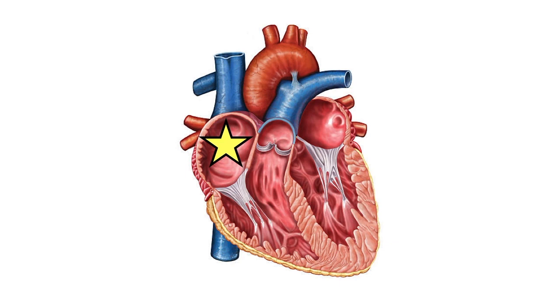It's located on the right side of the heart and it's in the upper region. We know that the atria are on top and the ventricles are on the bottom, so this is the right atrium. We're now going to move to the lower section of the heart, so try to guess which structure this is. We're still on the right side, and again the lower chambers are the ventricles, so this is the right